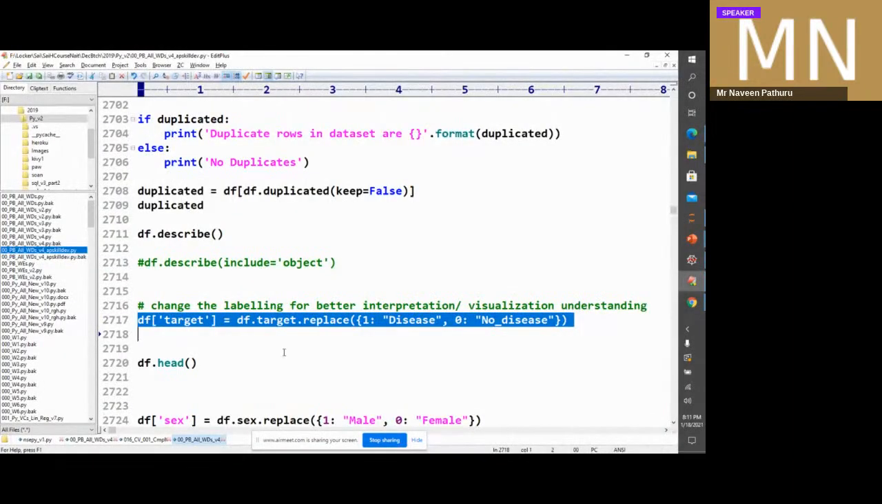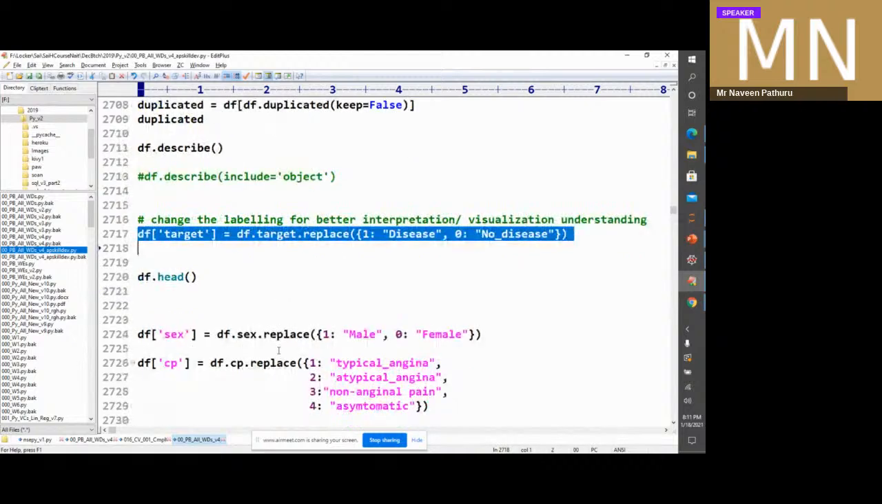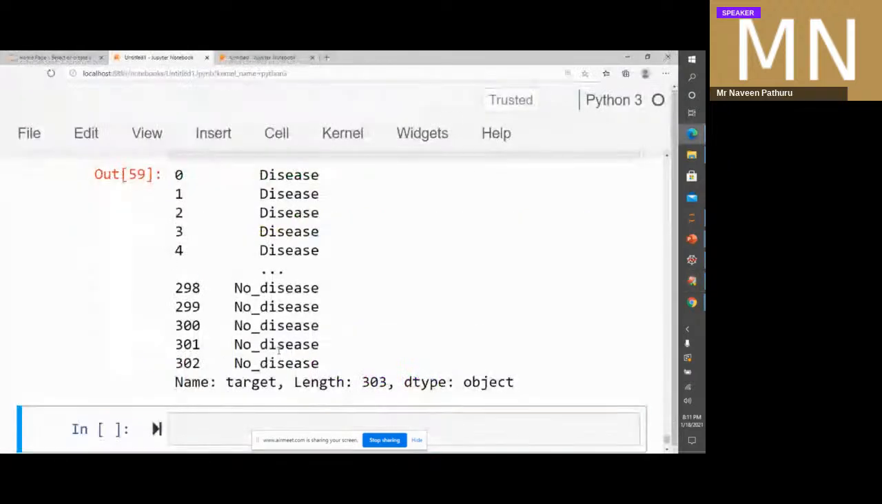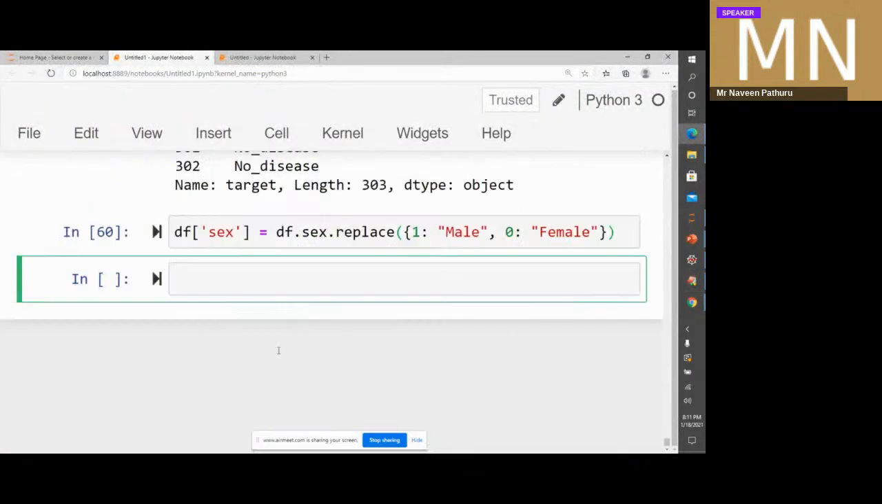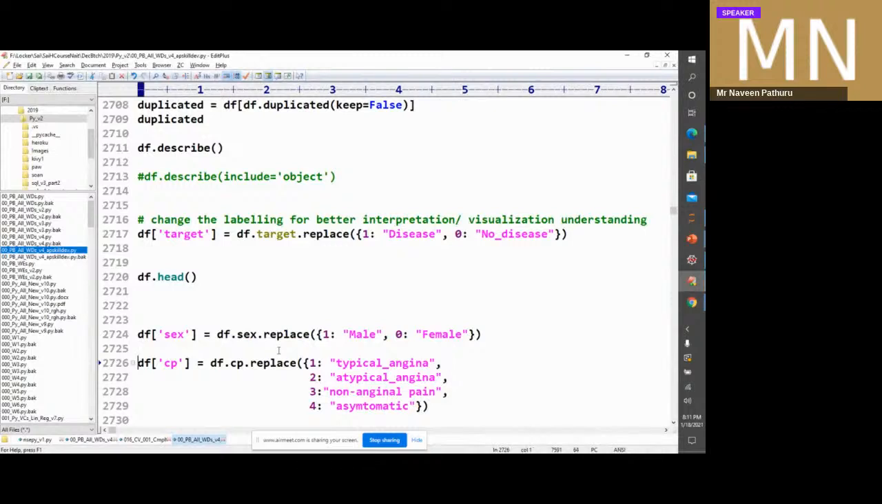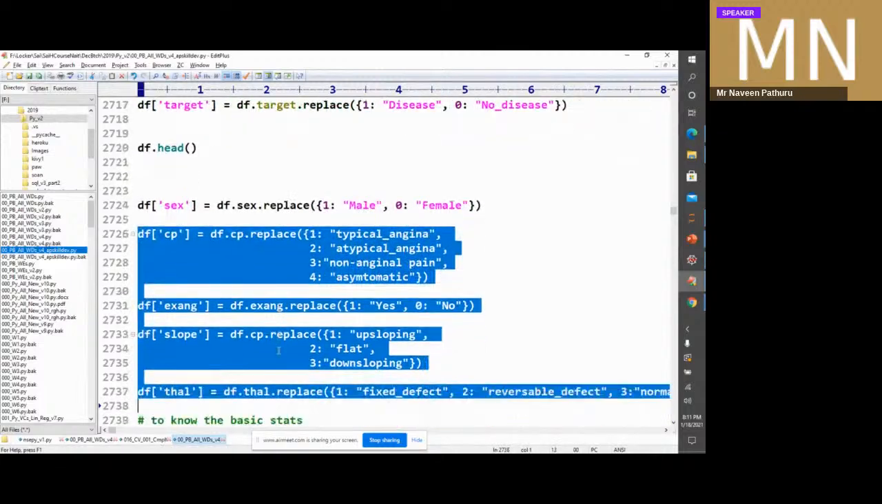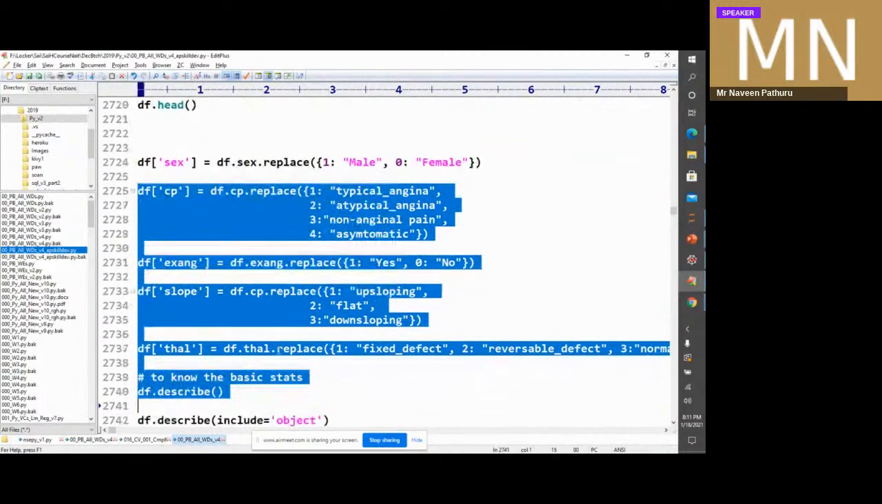What is this? This is called data cleaning. This is called data wrangling. You're just making the data a bit more presentable, guys. Similarly, we can go ahead and say wherever there's a one, put male, otherwise female. Zero is female. So let's say there is sex. We'll repeat that for CP, with its 1, 2, 3, 4 values, and also repeat for exang, slope, thal. And now at the end, these are all the